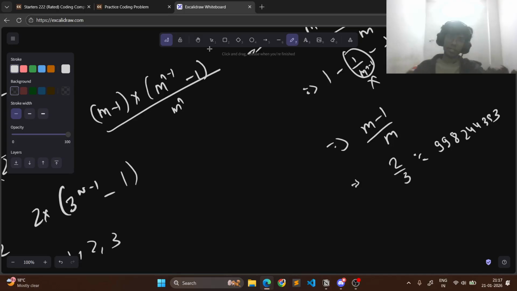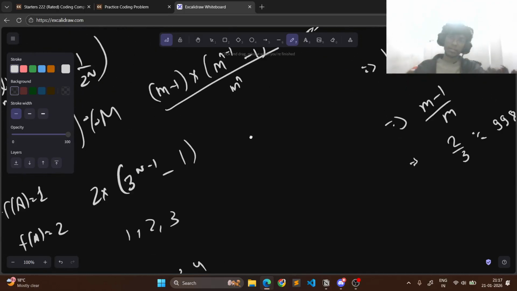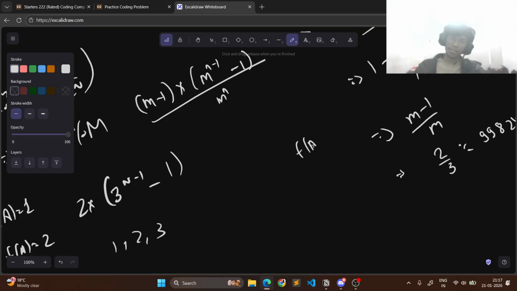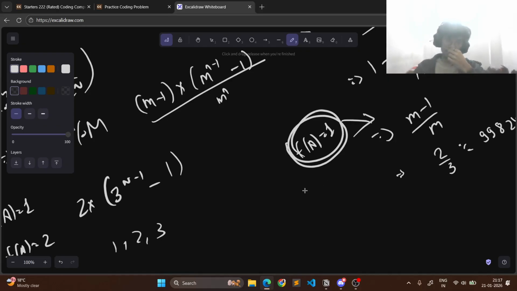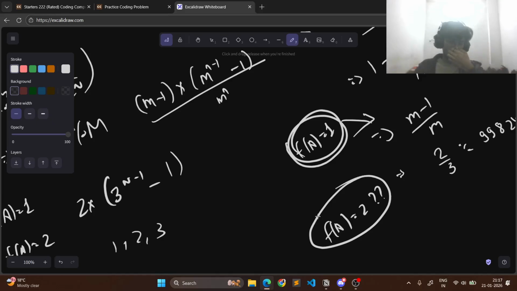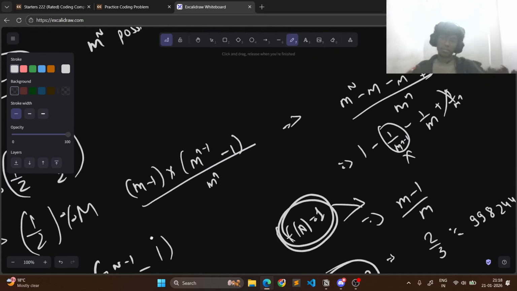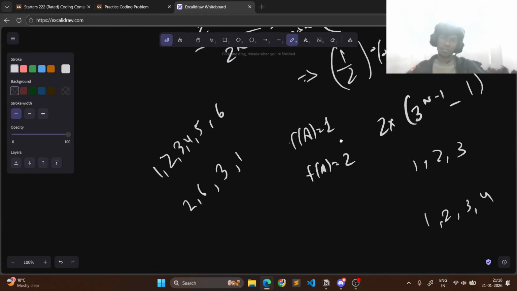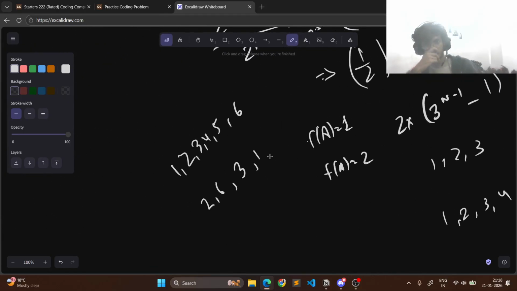बट ये काम नहीं करेगा क्योंकि ये सिर्फ उसका आंसर है, यहाँ आंसर सिर्फ उस केस का है जब f(a) कॉन्स्टेंट होता है। जब f(a) 2 हो जाएगा तो ये दोनों वेट करेगा, तो f(2) हो जाएगा, तो 2 बार GCD चेंज हो रहा है, तो उसको ऐसे करेंगे। 2 बार GCD चेंज हो रहा है जैसे, इस केस में 2 बार GCD, दो तो 4 से GCD अच्छा कर लो,